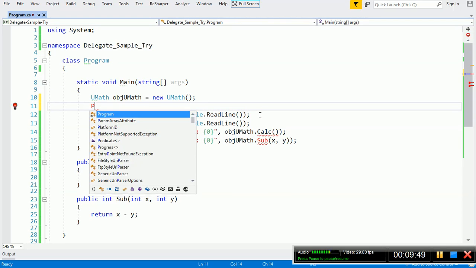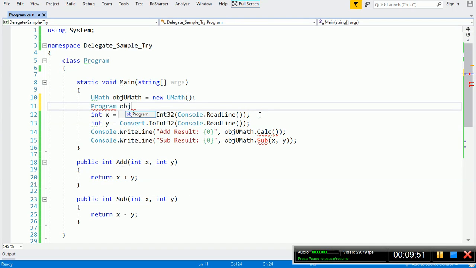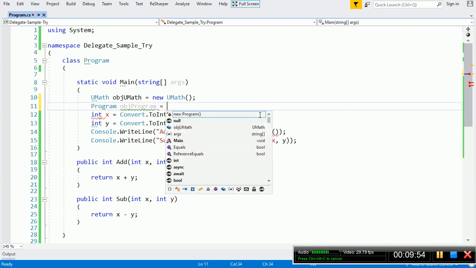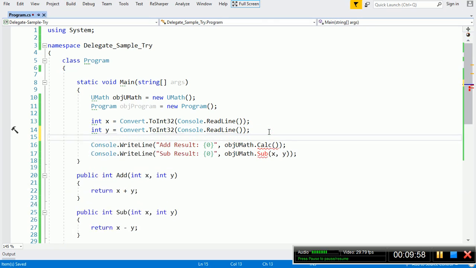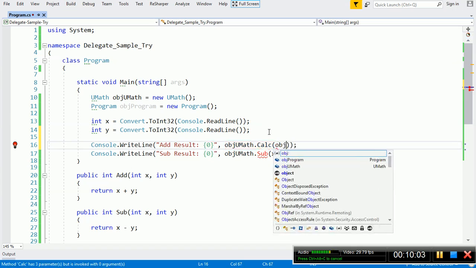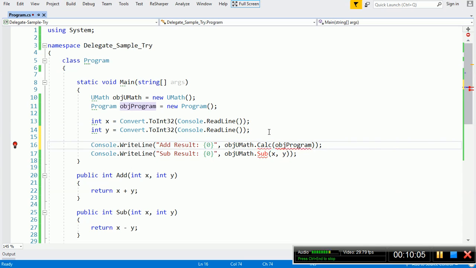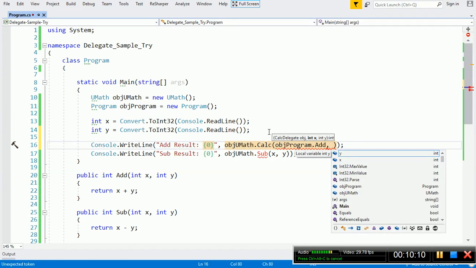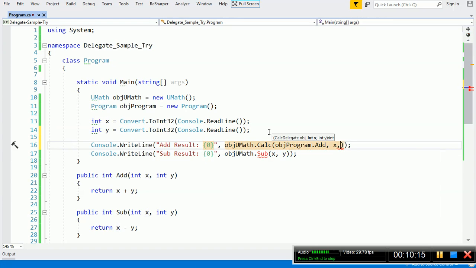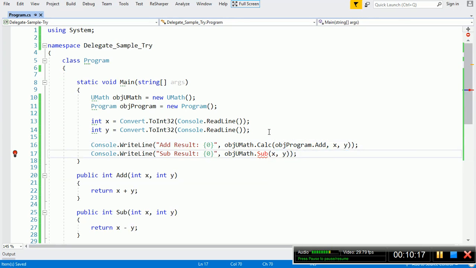I will do this in here: program object program is equal to new program. And then within this calc function I have to pass object program dot add, and then I want to pass the x and y as the second and third arguments to this calc function, x comma y. It works, it doesn't show any error, which means the syntax is correct.